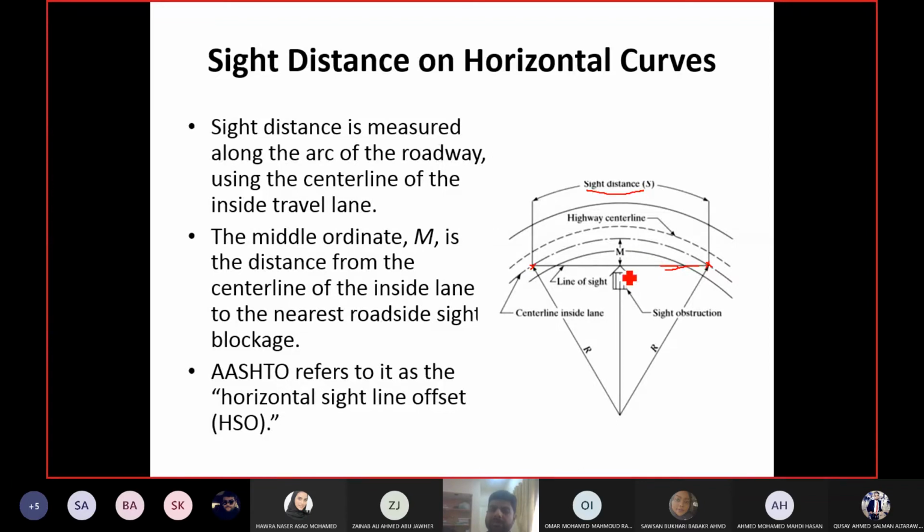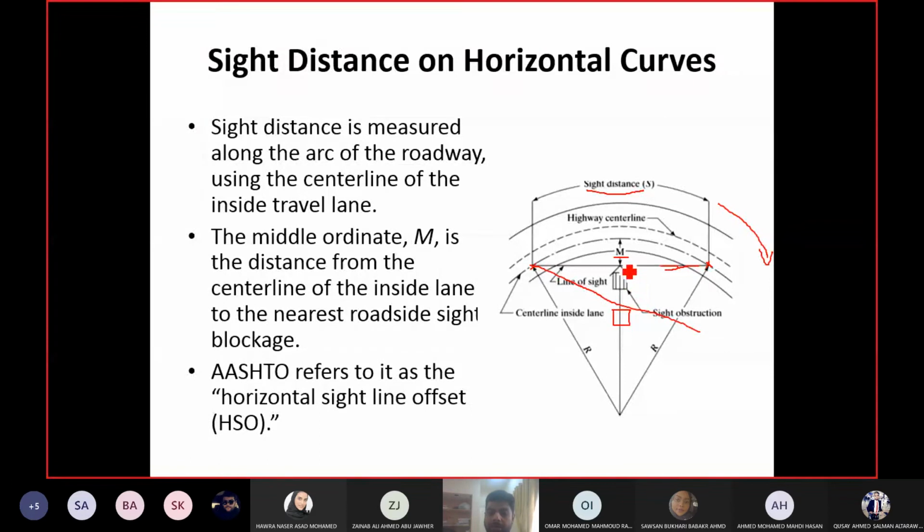Now this M is the distance from the roadside obstruction, because my line of sight will see till the roadside obstruction is allowing me to see. So M is the distance from the curve to the roadside obstruction. If the obstruction was here, M will be shorter and my line of sight will be blocked. If M is longer, the object will be here and my line of sight can see more distance along the curve. This S will be till this point then. So S and M are directly proportional to each other. If M increases, S will also increase. If you move the object away from the curve, you will have more sight distance.